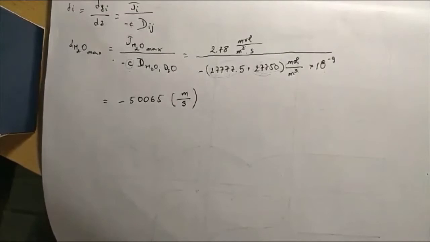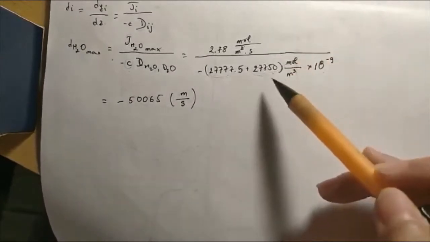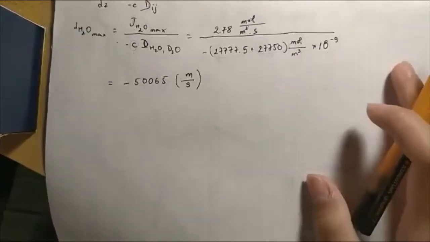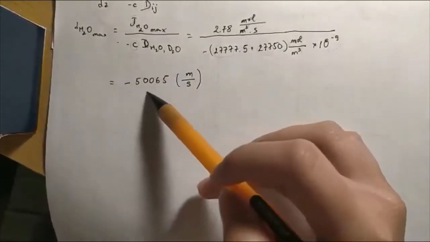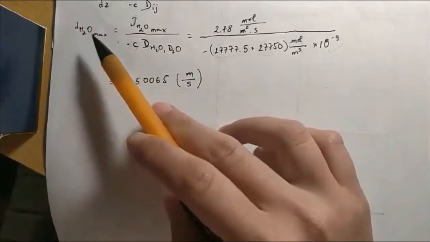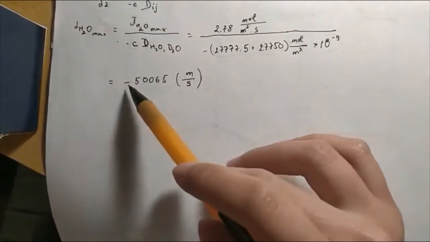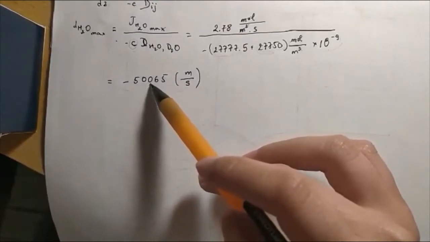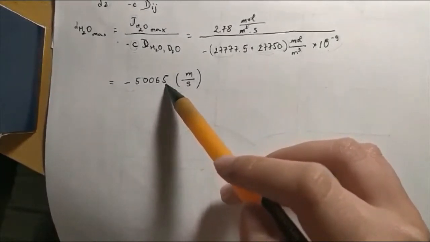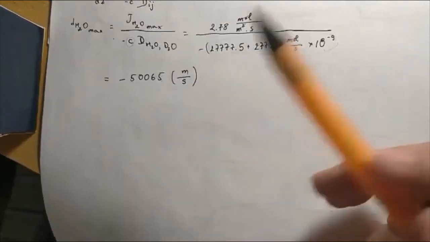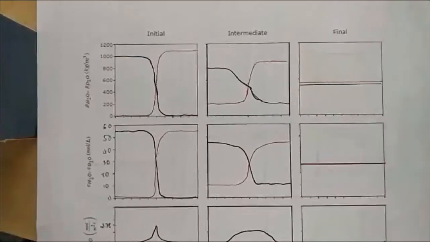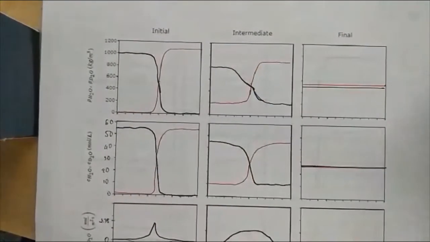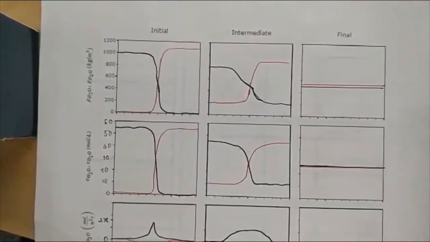As I calculated in question 1, the coefficient is 10 to the negative 9. So the maximum driving force equals negative 50,000 65 meter per second. The slope is, we have the concentration, mass and molar concentration will be pretty much similar